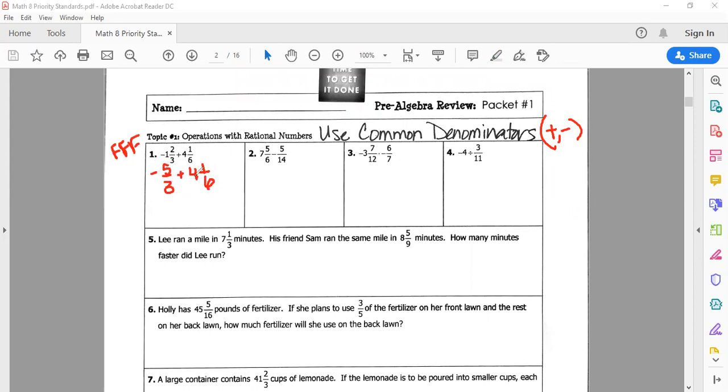So when we're looking at this, remember this is an addition problem and we don't have common denominators. So we need to make sure that we're going to find a common denominator between 3 and 6. So I'm pretty sure 3 can go into 6. So we will change that by multiplying by 2 both places. And so now we're going to have negative 10 over 6